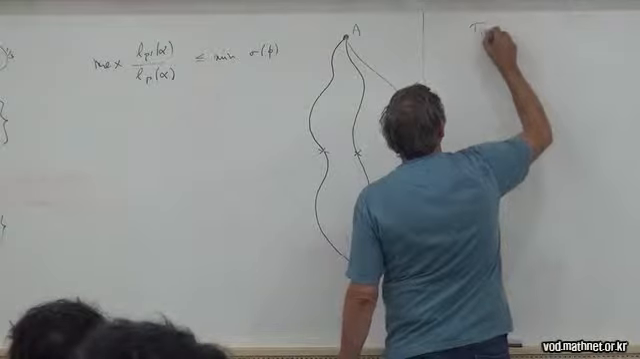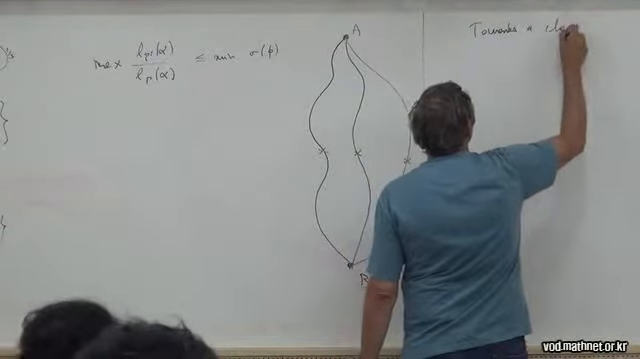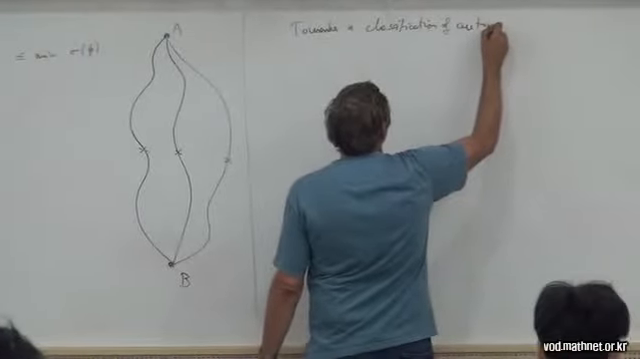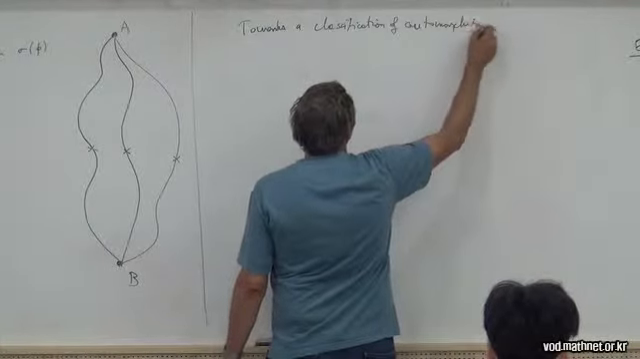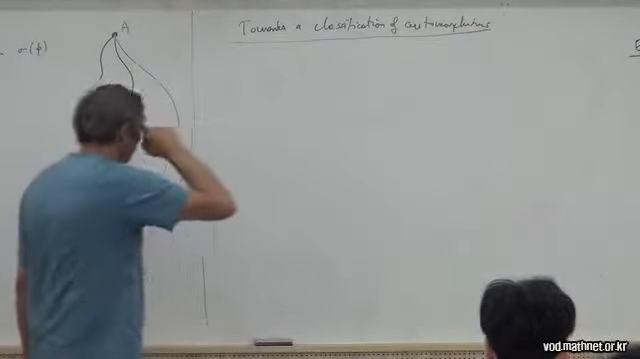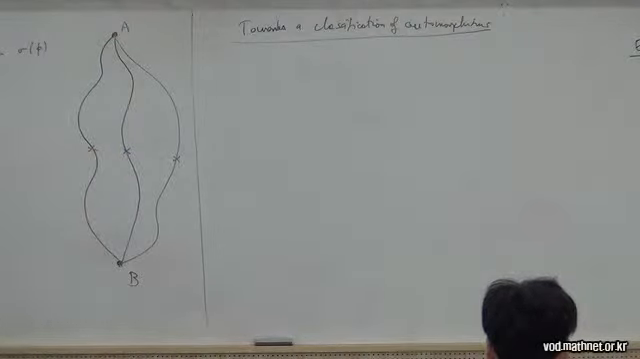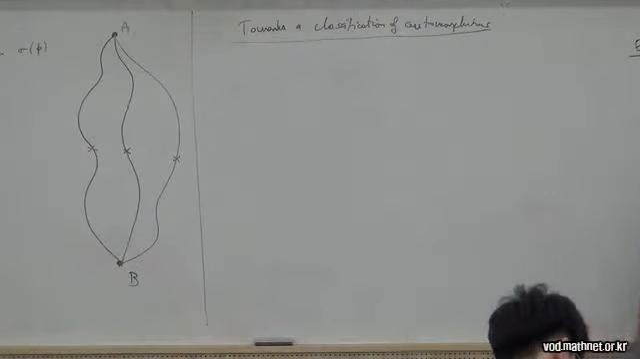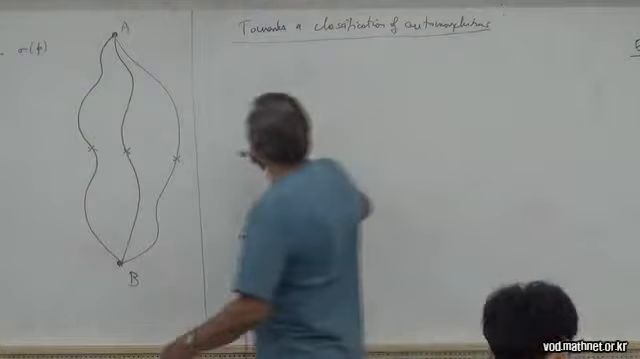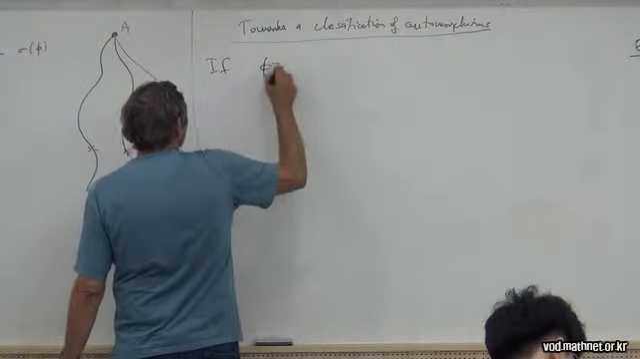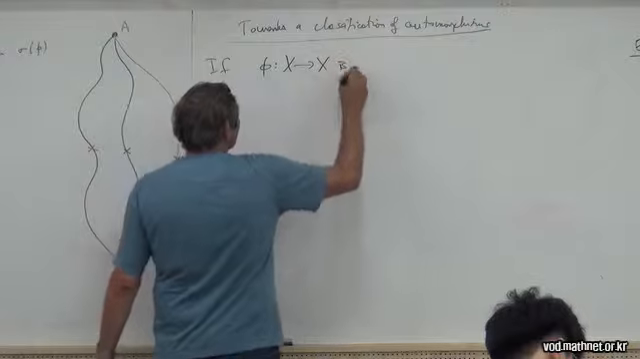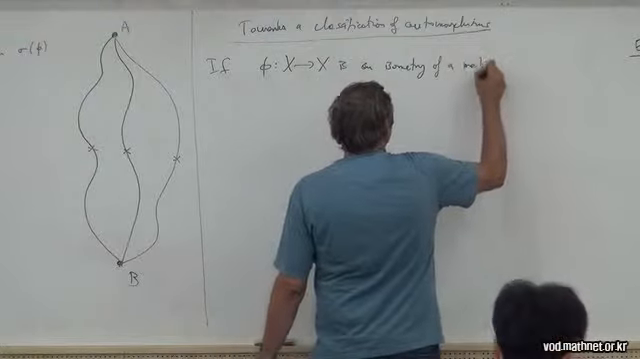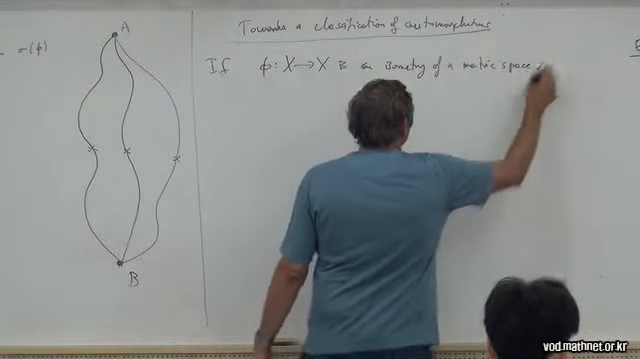So maybe this is the last topic, towards a classification of automorphisms. And for those who know about mapping class groups, this is going to be like the Nielsen-Thurston theory. So in any metric space, if I have phi from X to X an isometry of a metric space X, then we say that